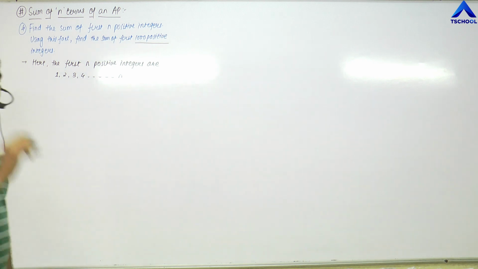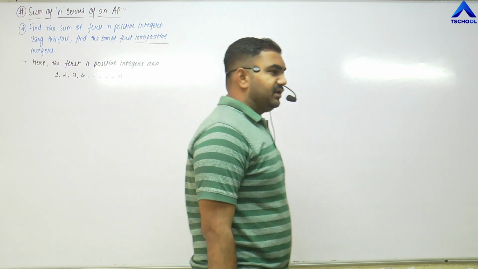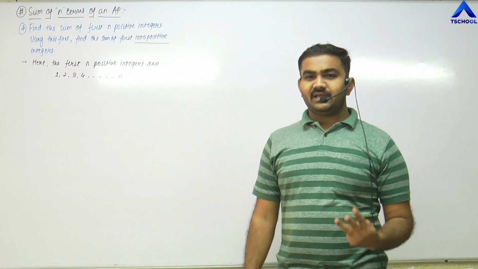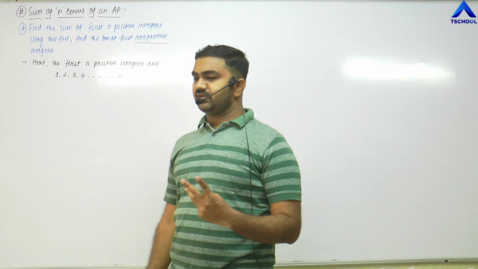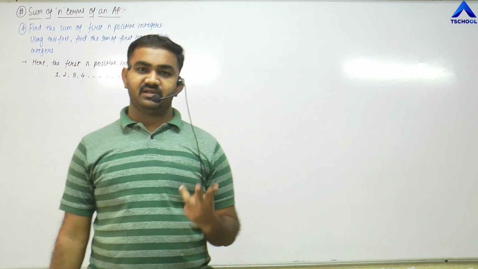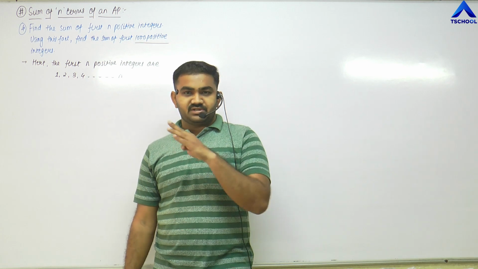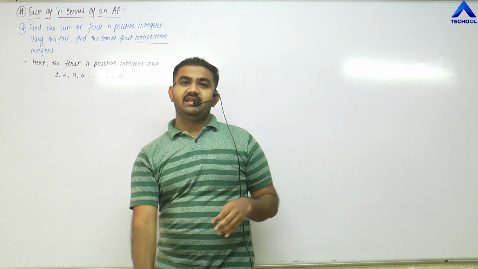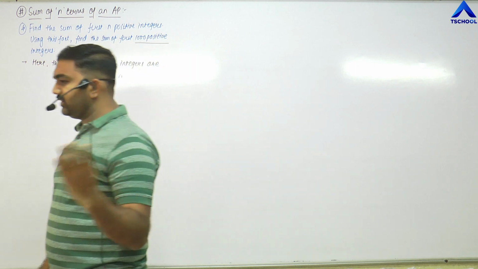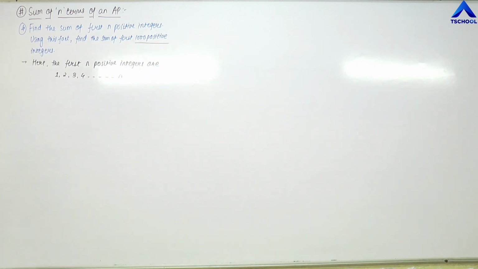We have seen in chapter number 1 that integers are classified into 3 subcategories. The first one is negative integers, the second one is 0 itself, and the third one is positive integers, because 0 is classified differently in the integers, so we don't need to write down 0 here. Is it clear? If you write it down, it won't matter, because the addition of 0 will be null. So these are the positive integers.